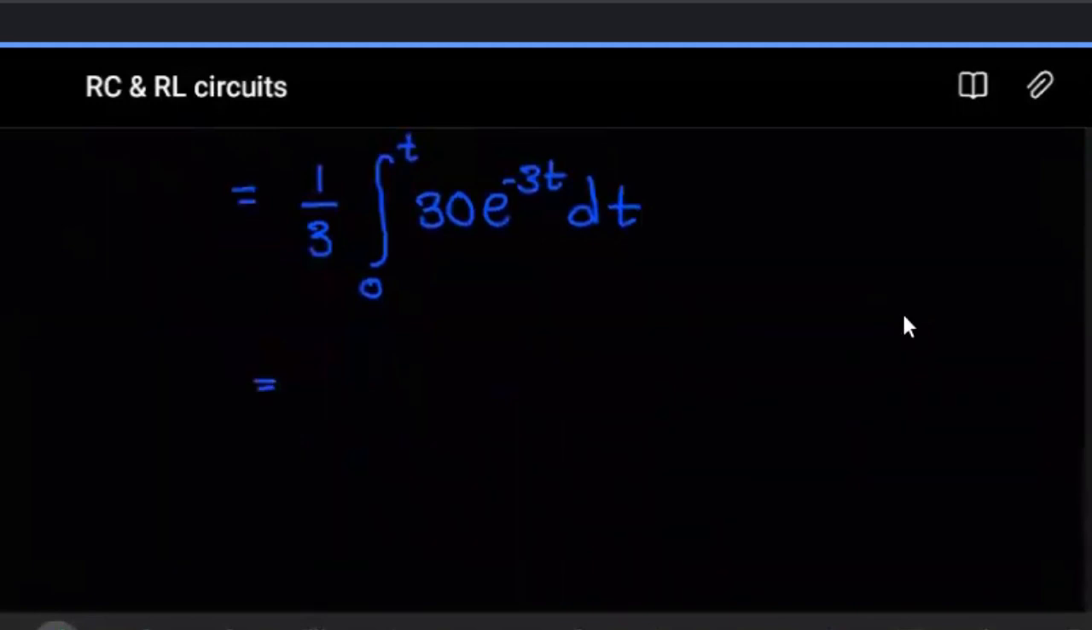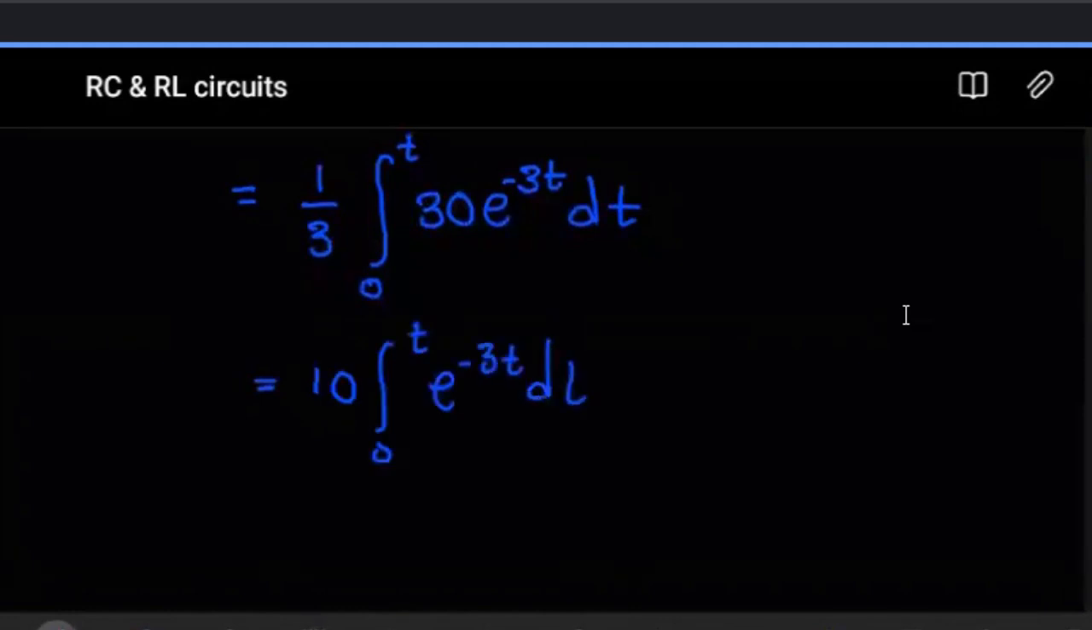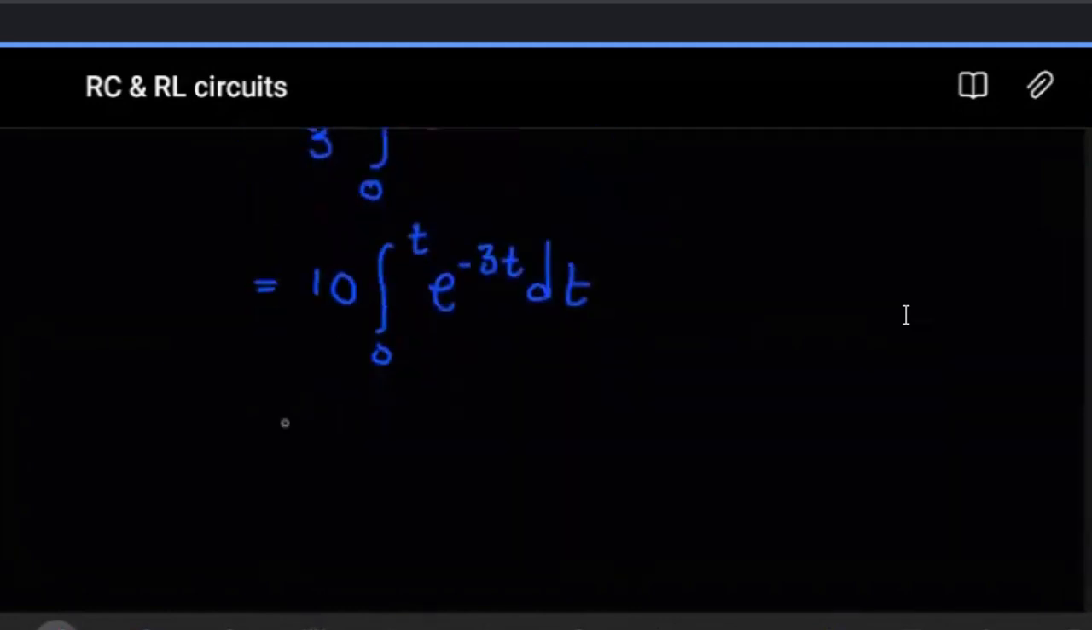So let's do the math there. When you perform the integral, first the 3 and the 30 will reduce. We simplify, and we have 10, integral from 0 to t of e to the minus 3t dt. Now we can integrate. Integrating this with respect to t, we have 10, and then this will give us a minus 1 over 3, and then e to the minus 3t. Again, this is from 0 to t. But the constant,